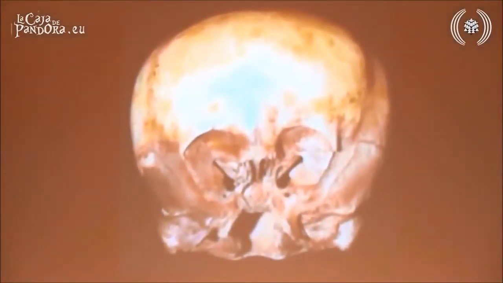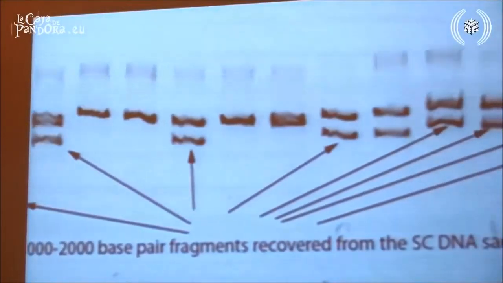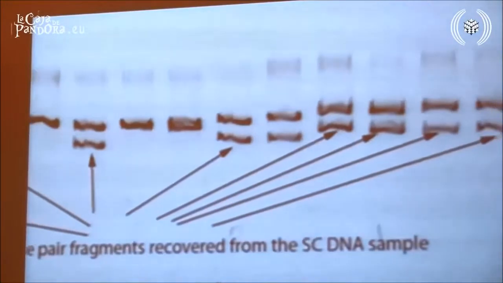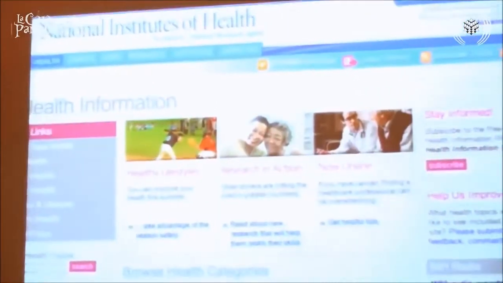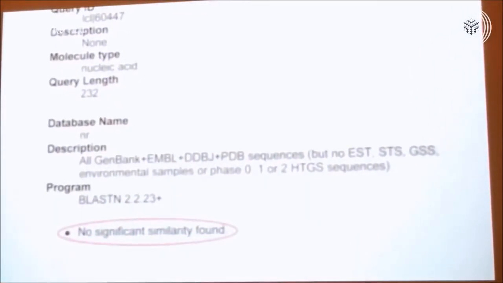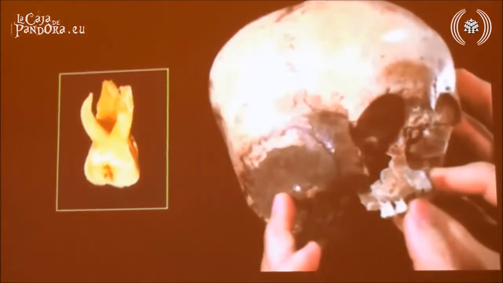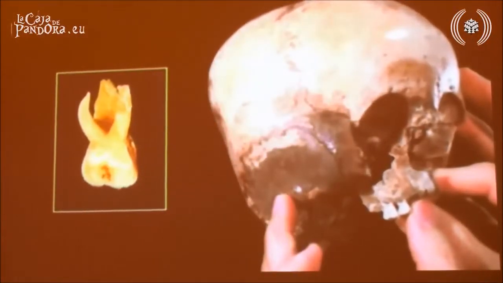In early 2010, a team of geneticists in America began DNA testing on possibly the strangest looking skull ever discovered. Whilst trying to recover its nuclear DNA and matching it against the National Institute of Health database, they found a significant number of coherent base pairs that have never been seen before. This was an historic moment for science, as it proved beyond all reasonable doubt that part of the skull's DNA is not human. Since that result, the geneticists have predicted that when the final genome recovery is complete, it will provide science with the first record of alien DNA ever discovered.